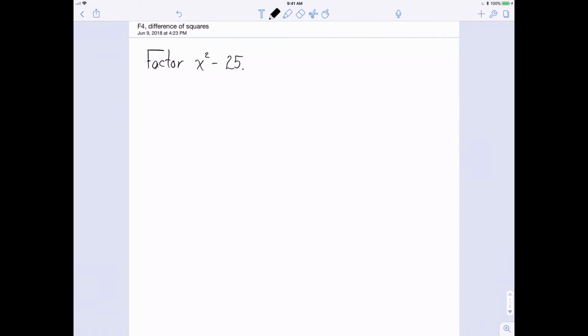Hi, this is Tom, and in this episode we're going to factor what are called differences of squares. Before we jump right into that, let me show you a few things that you need to see. In order to factor x squared minus 25 using the process that we have, what you have to do is